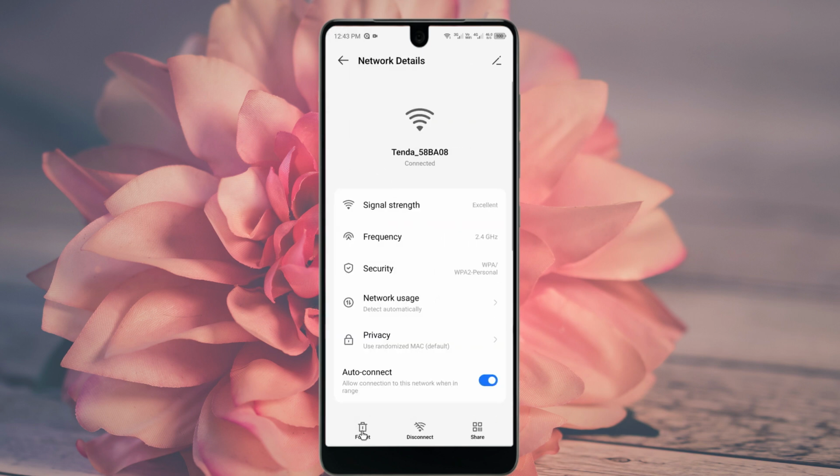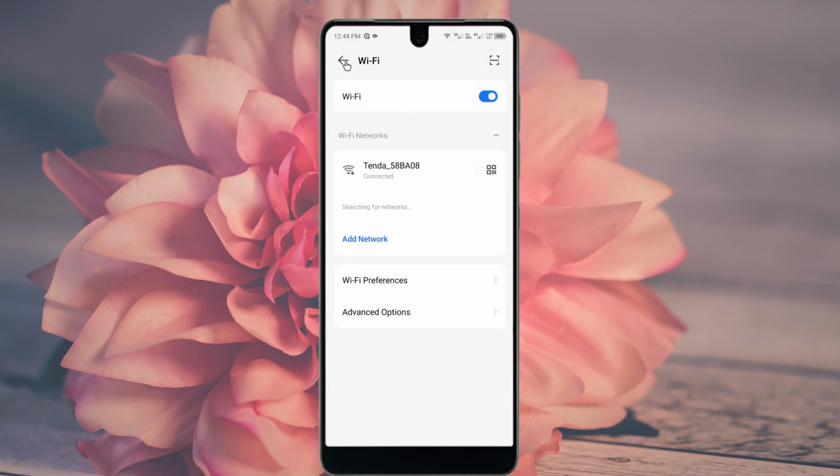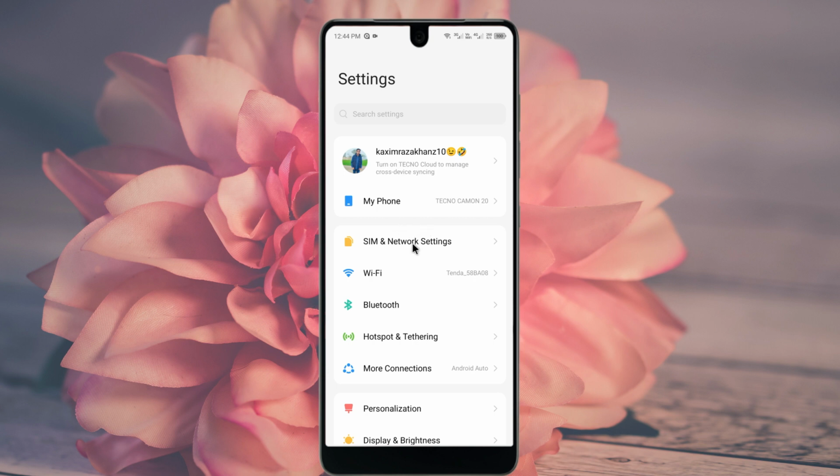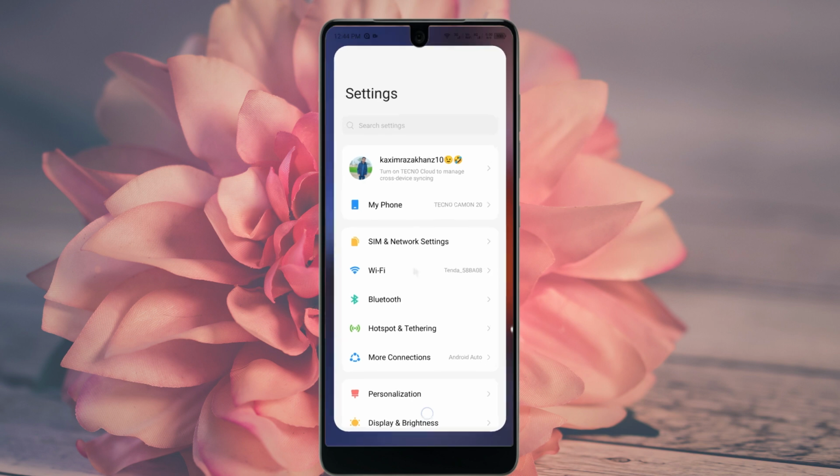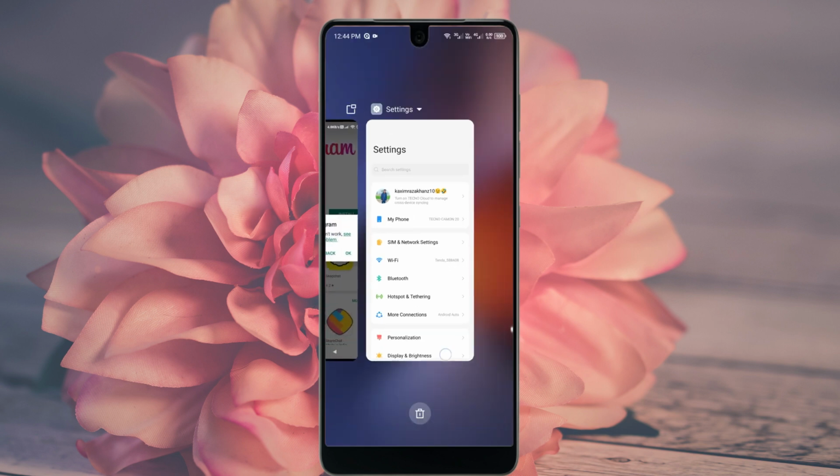And guys, here is the option of forget. So guys, you need to click here, and after forget, you need to reconnect it again with your phone. So guys, after doing this, you need to go back. So guys, if you do not have Wi-Fi, then you open your mobile data. So guys, after doing this, you need to go back, and the second method is you need to open your